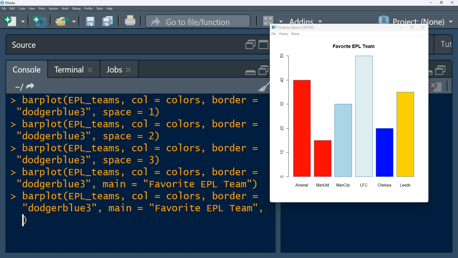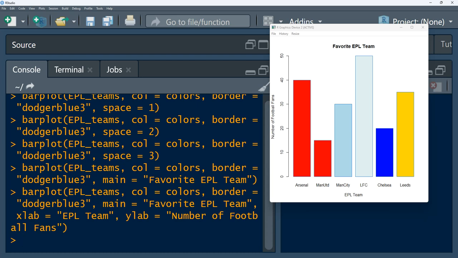We can also add the axis labels and say, for example, this x-axis label is represented the English Premier League team, and then the y labels were representing the number of football fans. So if you run this, you observe that we have added the x and y labels, and we have